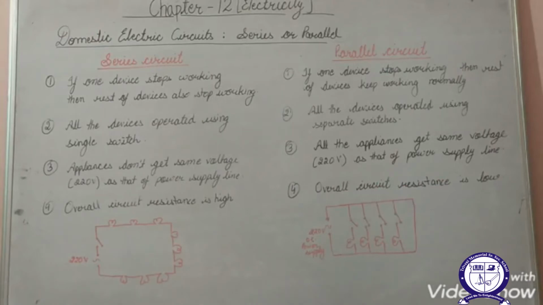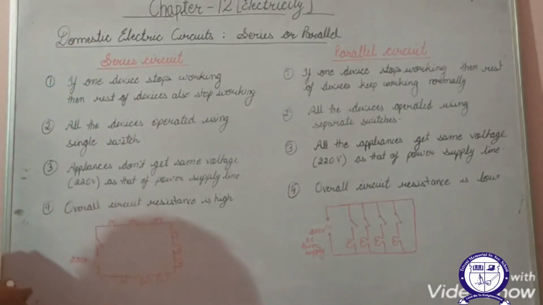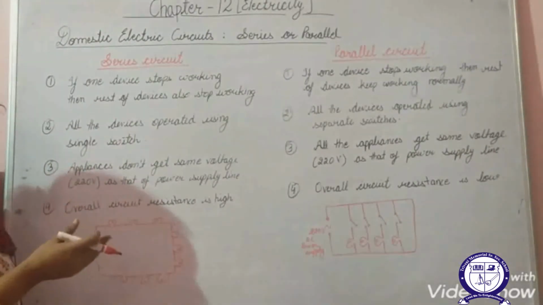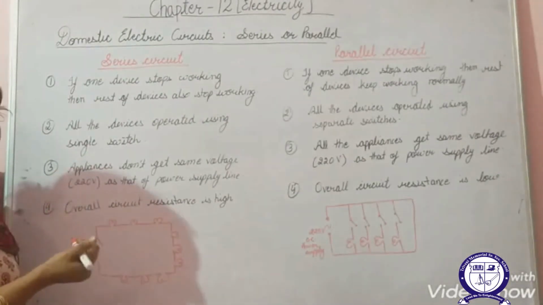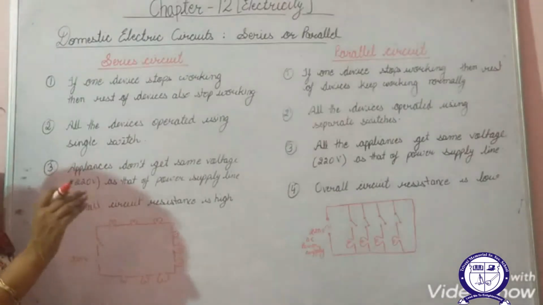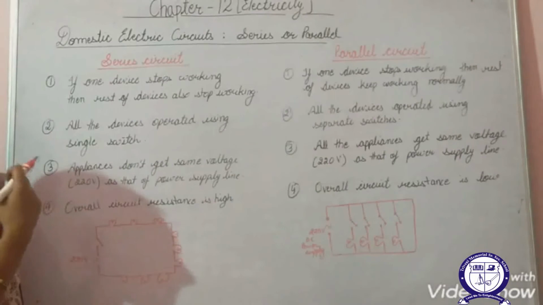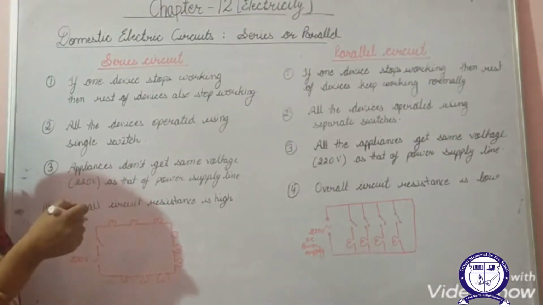Next is domestic electric circuits. That is, we can connect the electric circuit for domestic purpose either in series or in parallel. As we have seen at our home also, if we want to connect a number of bulbs together for decorative purpose during some festival or some occasion, in that case we connect all those bulbs in series. But if we want to connect the bulbs of our home, at that time we connect them in